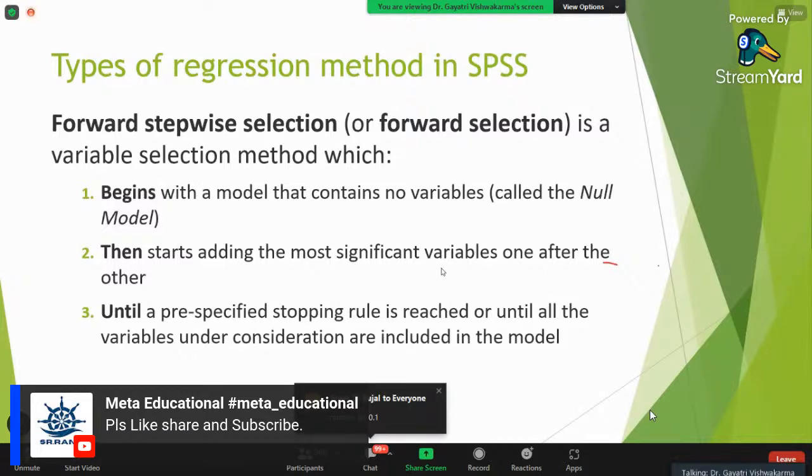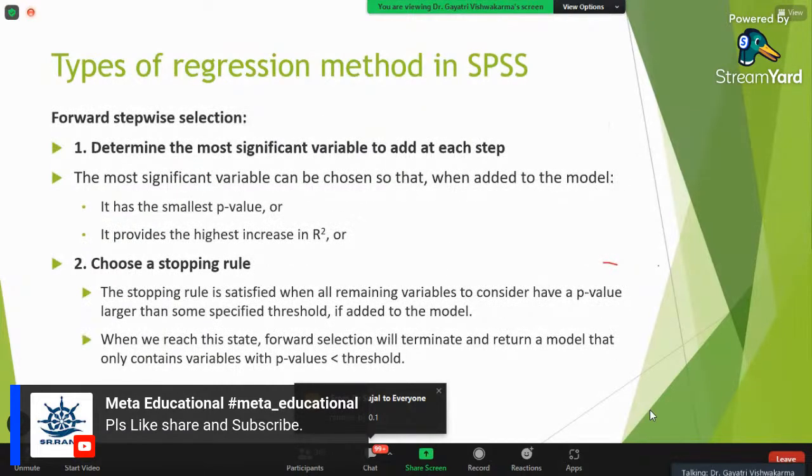The next slide says how to determine forward selection. First, determine the most significant variable. The most significant variable can be picked from the smallest p-value, and it also provides the highest increase in R square. So what is R square? That is also very important to understand. As I was telling you, you have to define the R square value for the model. If you are not giving this R square, your model is not validated.